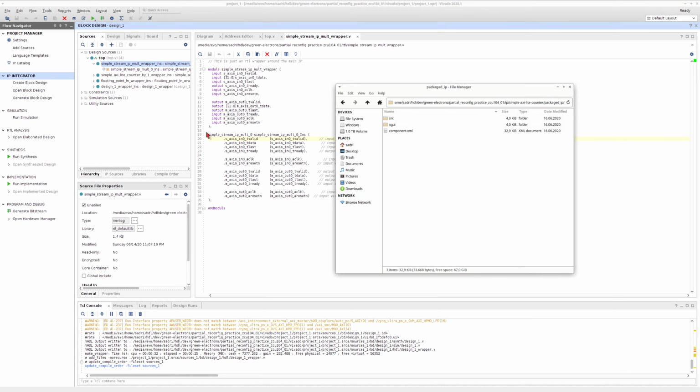In the partial reconfiguration flow, as we go ahead, you will see that I need to give Vivado the files for the IPs that I want to have in my reconfigurable regions. What I do is I use the IP, I generate those files, and I give those files to Vivado. So if I look at the